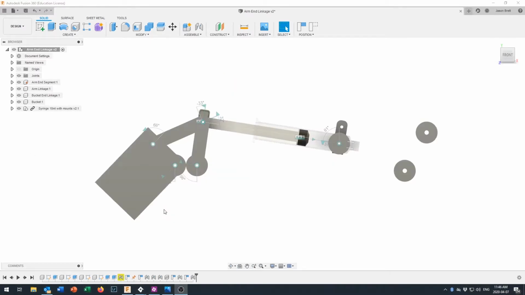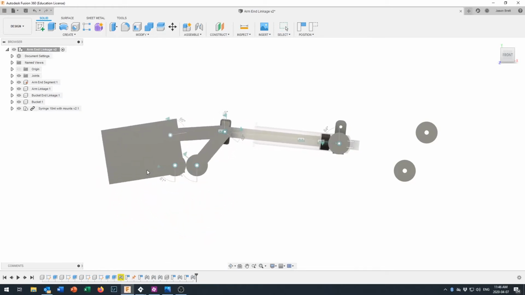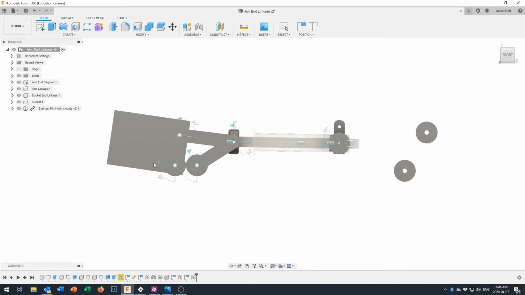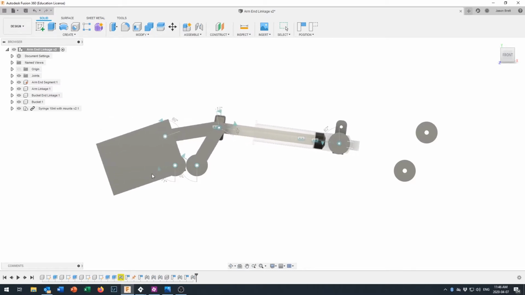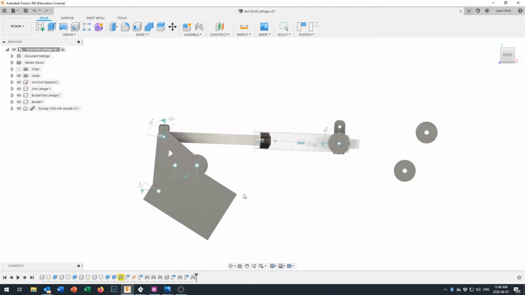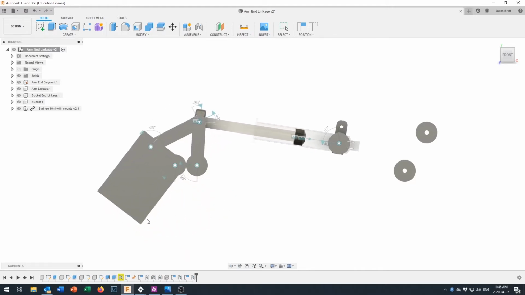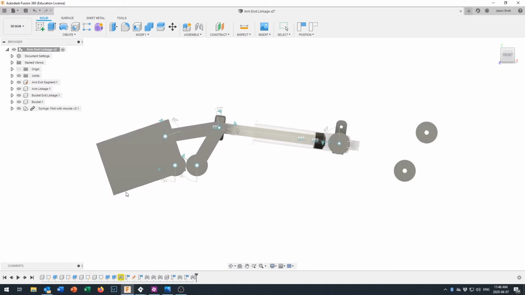So what we want to record today is a simulation something like this, where the gray rectangle down here at the bottom that's moving back and forth represents our bucket, and we want to be able to see that that bucket can extend as the syringe extends, comes around in here, and scoops up our dirt, our plastic beads, and then when we retract the syringe, comes out this way